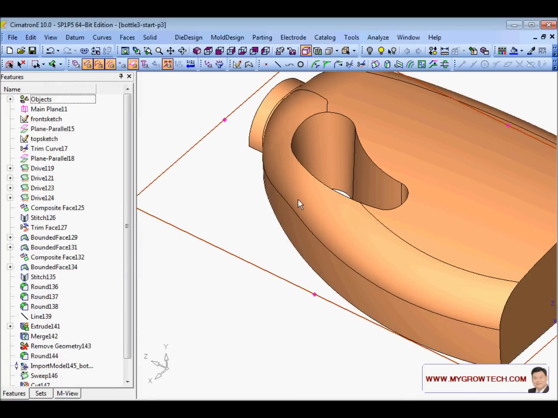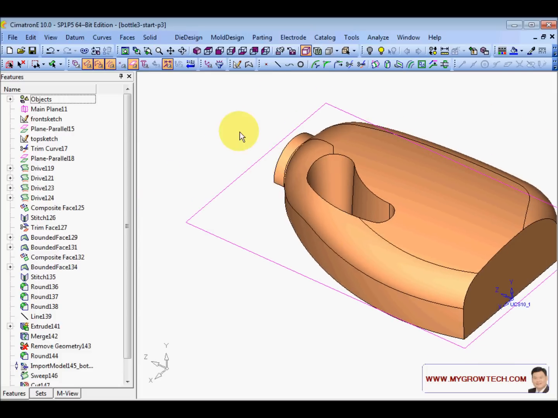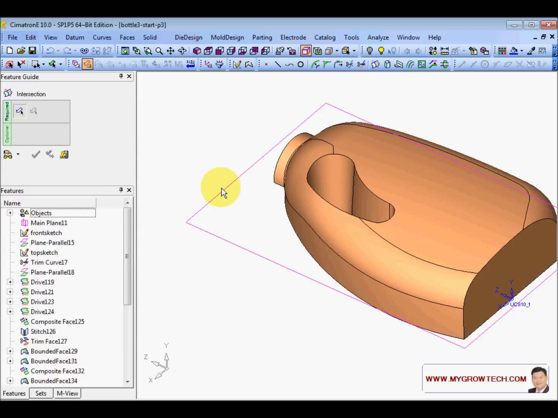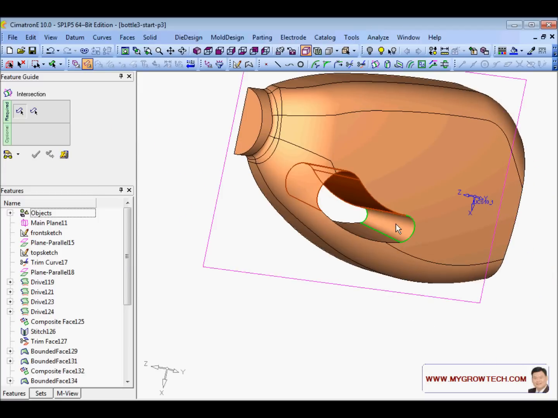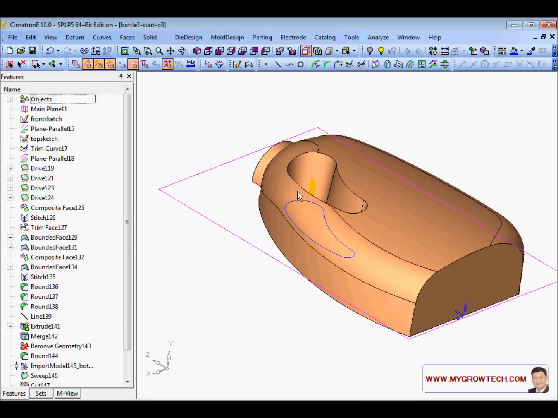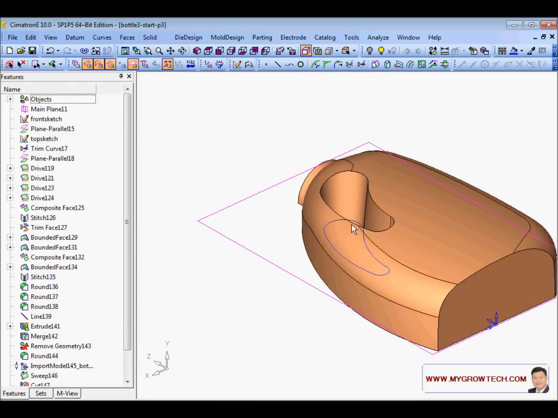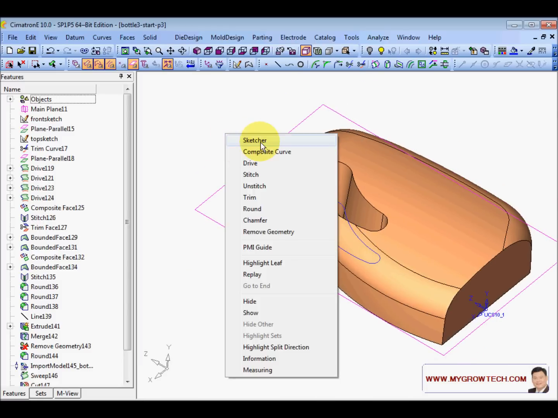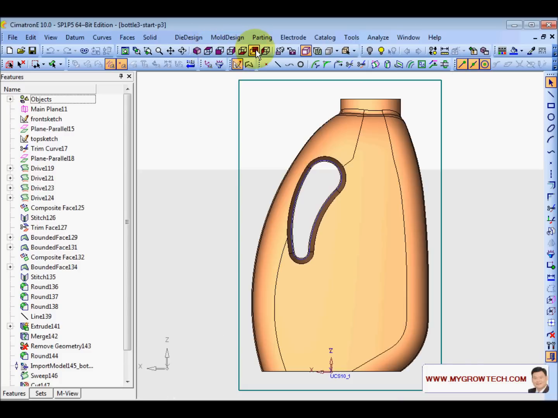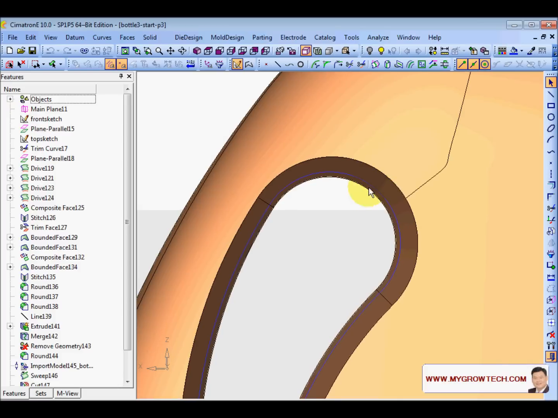Right. And then I'll create intersections between this face and this face and this face with this plane here to create a curve over here. And next I'm going to sketch some lines. Let's go to this, and I will add this up as a reference,